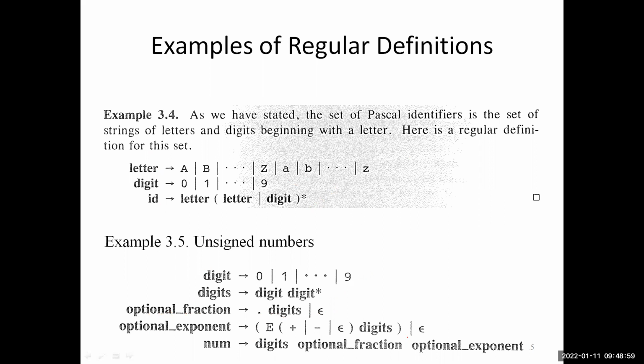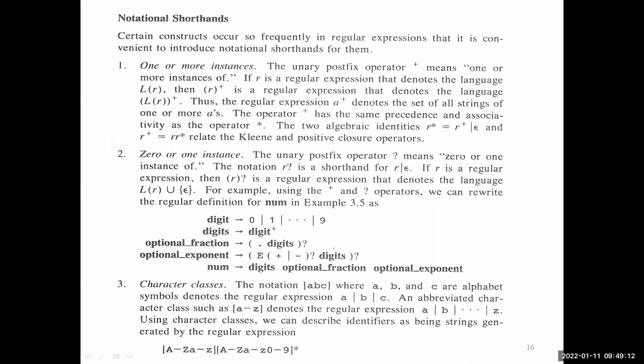So to make the regular expressions simpler, we normally use regular definitions, which represent the names only, representing the individual objects. So there are certain notational elements which you need to go through in the book. I have not included here notational shorthands, right? Notational shorthands normally represent specific forms or specific elements. So, for example,